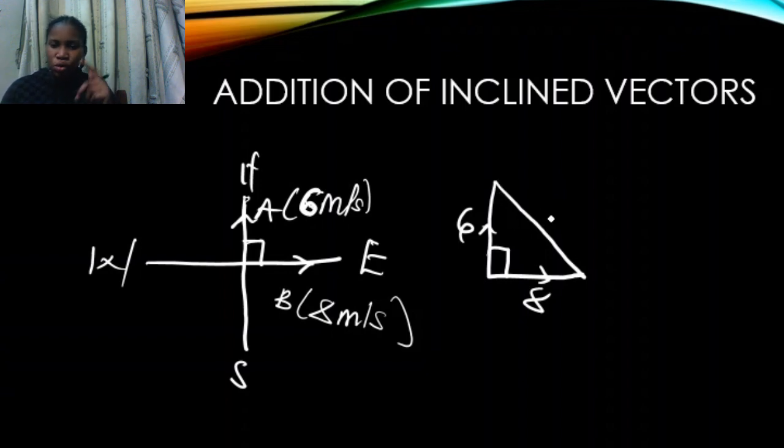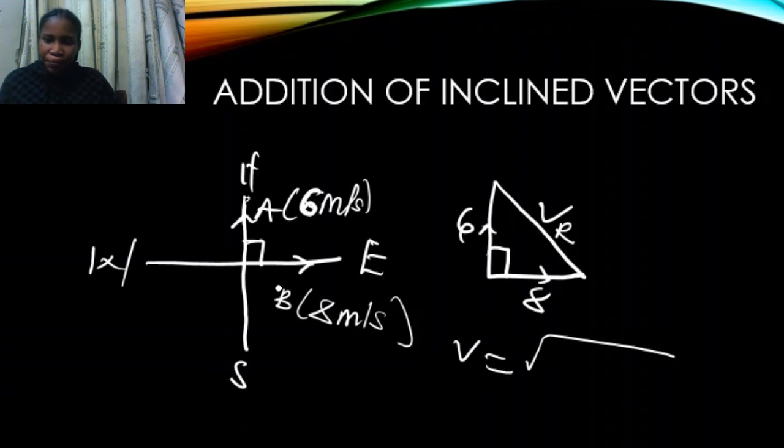The sum of these two vectors that are inclined, because I said one is moving due north and one is moving due east. So you see that they are inclined at an angle of 90 degrees, making this, let's give it a VR. So this is the resultant vector by adding it. So you know that in adding these two vectors by Pythagoras Theorem,